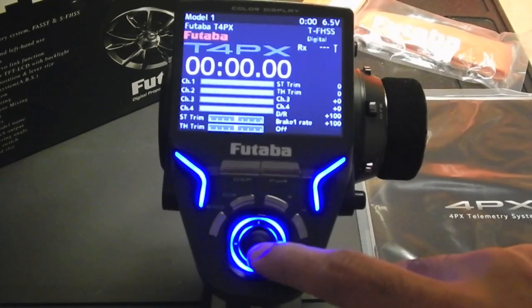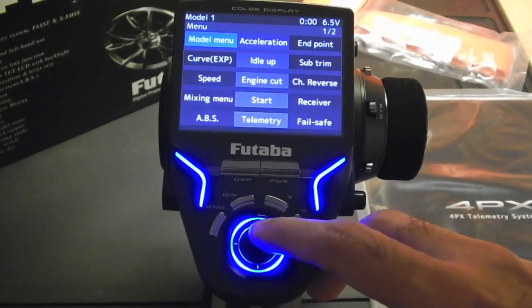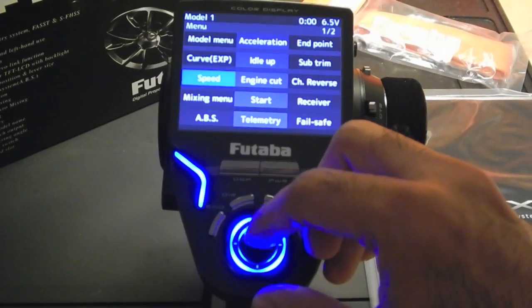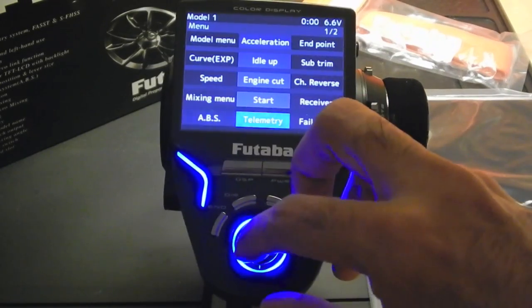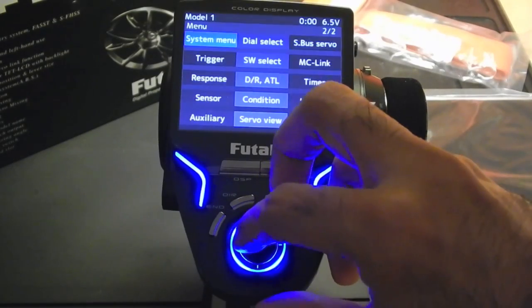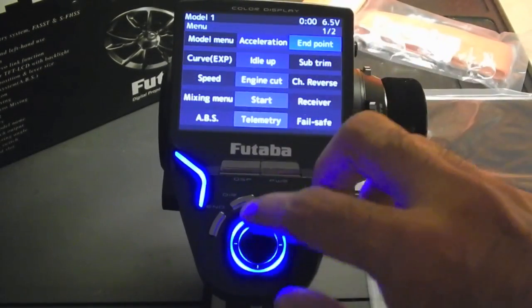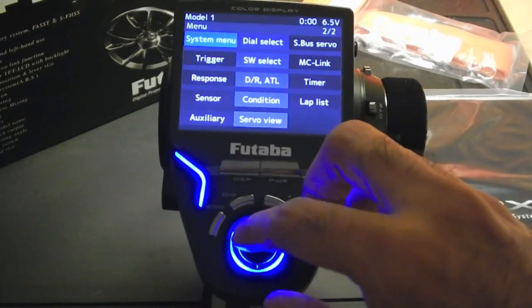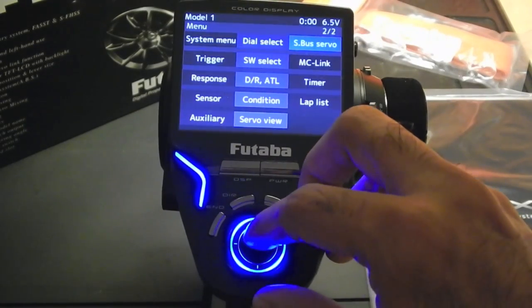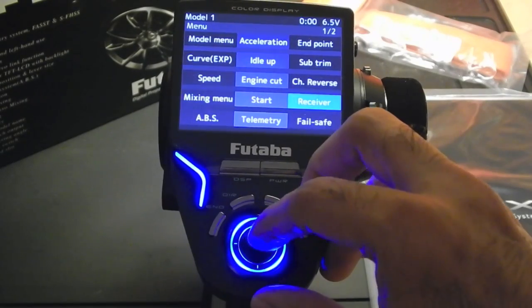Let's just jump right into the menu. Here's the toggle. Here we go. Model menu, curve. You guys can pause and read through this. I won't read through everything. There are two major menus over here. This is one of two, and that is two of two, and dual rate dials, and so on. So I actually want to go in and make sure that I can change